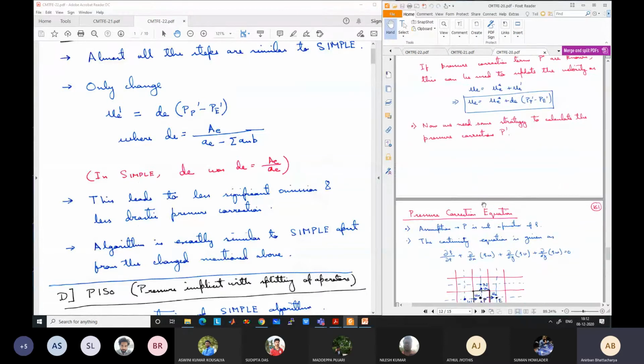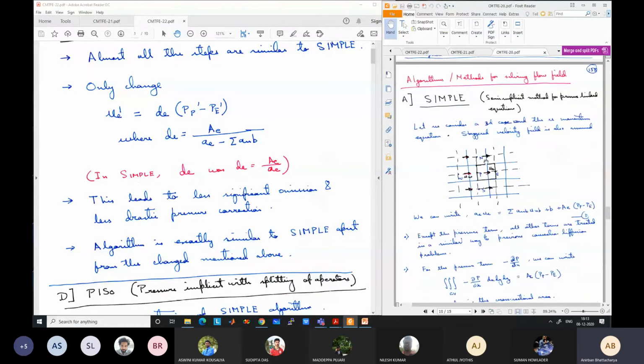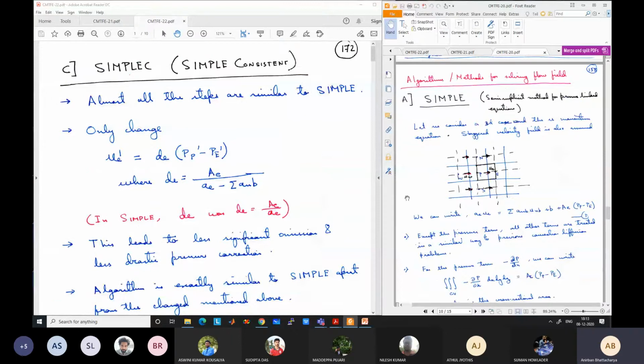If you go through the material, it will become clear again. But we need to remember this for today's discussion also. Maybe I will briefly go over it again, because all these methods are extensions of that method. Then from SIMPLE, we have seen that the method can be modified significantly to make it faster by adding a couple more steps, to get what is known as the SIMPLER algorithm. So we will see two more methods today.